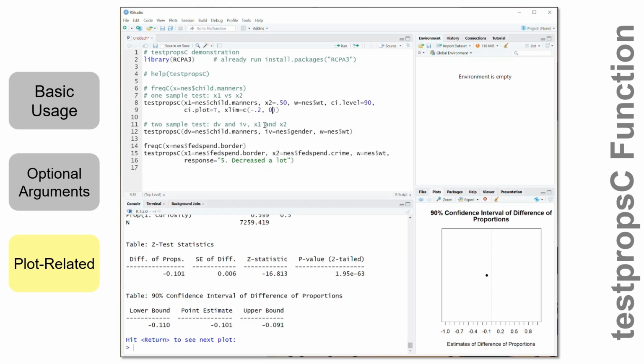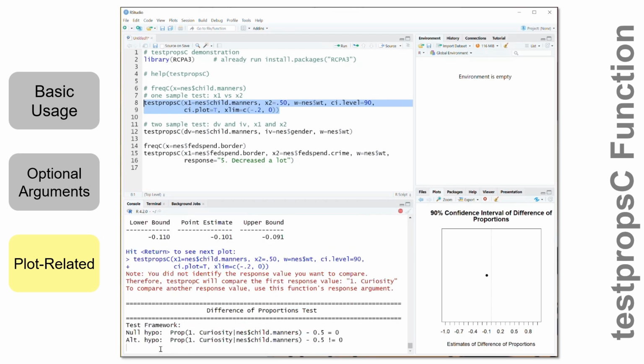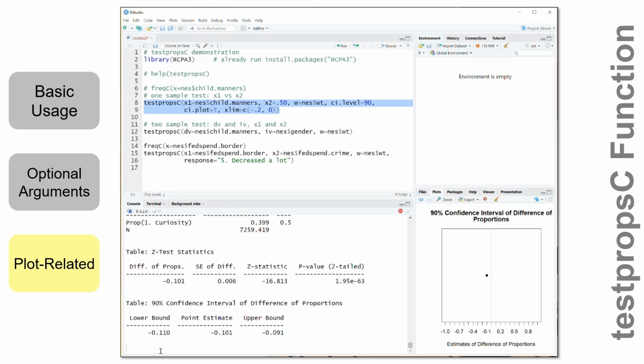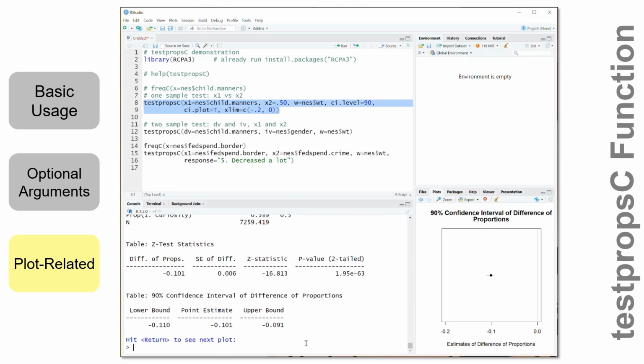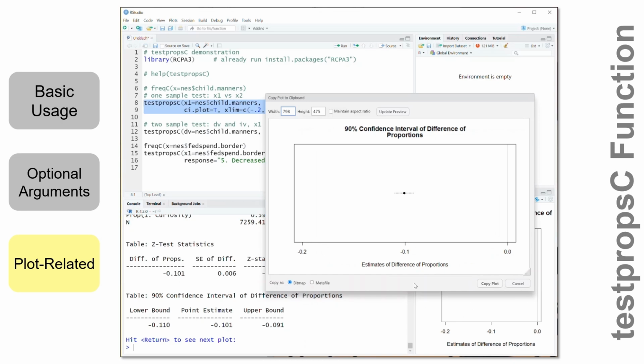So for example, I could set the x limits to, on the low end, -0.2 and on the upper end 0. Let's give this a run and take a look at it. It should give us a more interesting plot. Okay, so this is better. You can start to see the dashed line that represents the confidence interval. Okay, so now we've got the point that represents the observed difference of proportions, and the dashed line is the